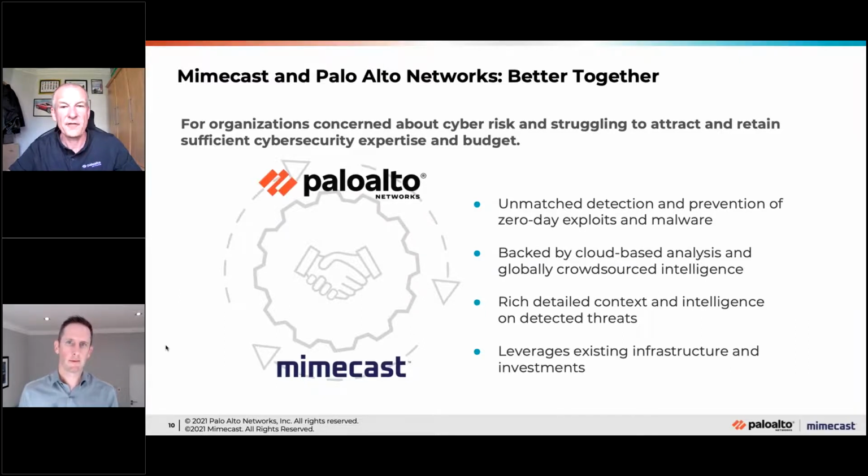Yeah. And if you are a joint Mimecast Palo Alto Networks customer and you have these technologies, then it's just a case of hooking in the API key from Wildfire into Mimecast, and you can leverage this. It's there for you now, so please use it. If you haven't already done so, you've got nothing to lose.